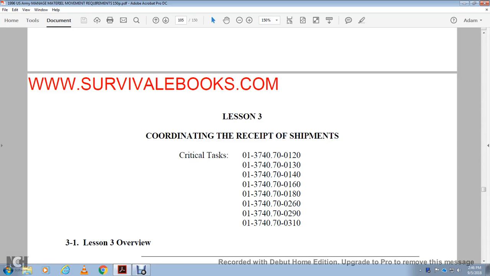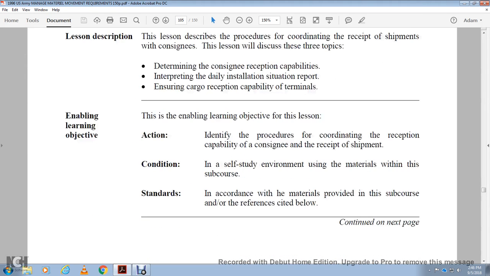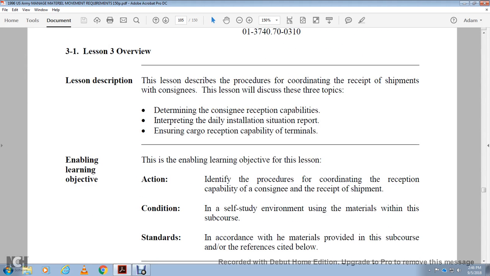All right, lesson 3: coordinated receipts of shipments. Lesson: describe the procedure that is concerned with the receipt of the consignment, with a discussion of the